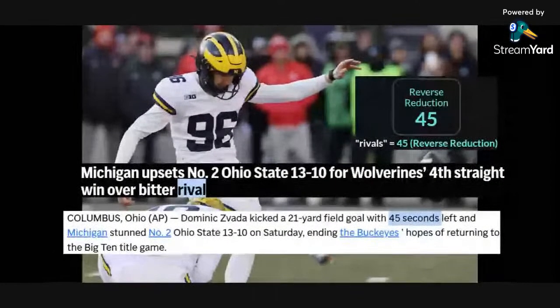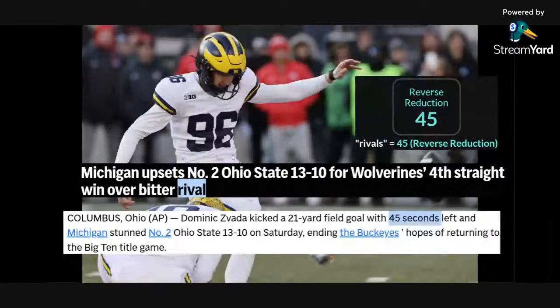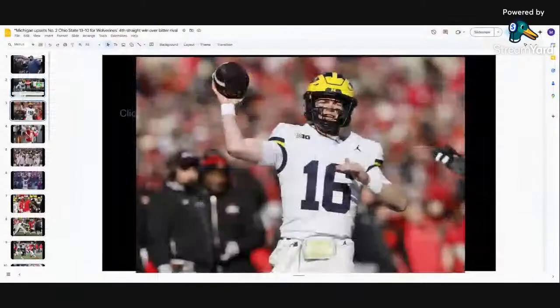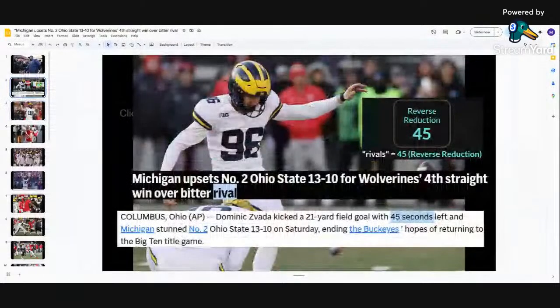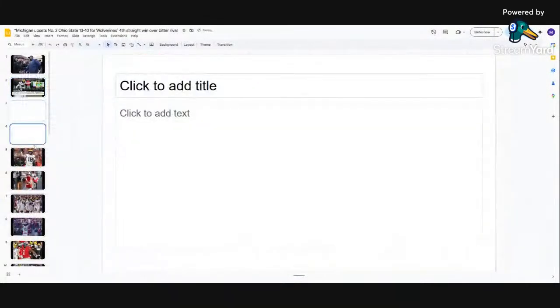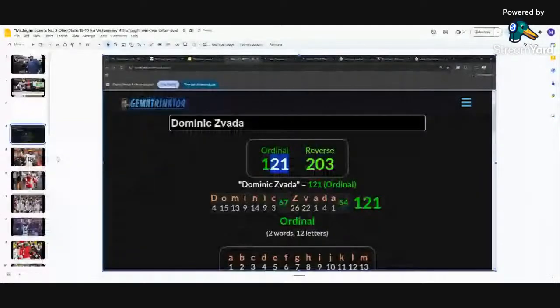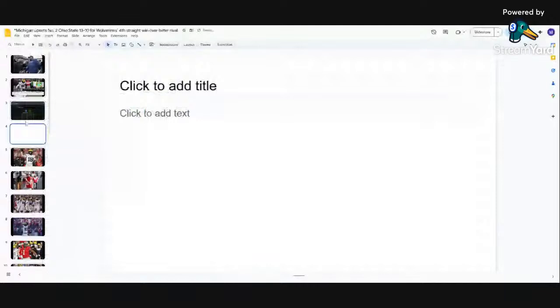So let me back up. I would want to grab another picture of the kicker typically, but I'm not going to do it. I'm just going to put it right there for now. So you see the 121, and then I would go simply back over here and we get the 21 and the 23. I just highlight it like that. You see right there, screenshot.